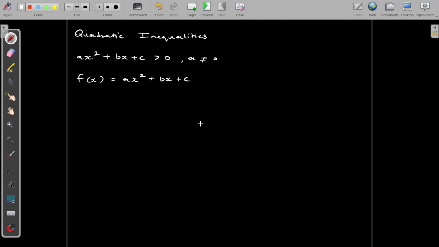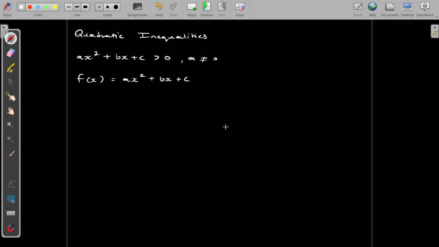So this is what we must first graph, and then we would need to identify the specific values of this graph. So for example, the minimum point or the x and y intercept, if we are required to graph this,